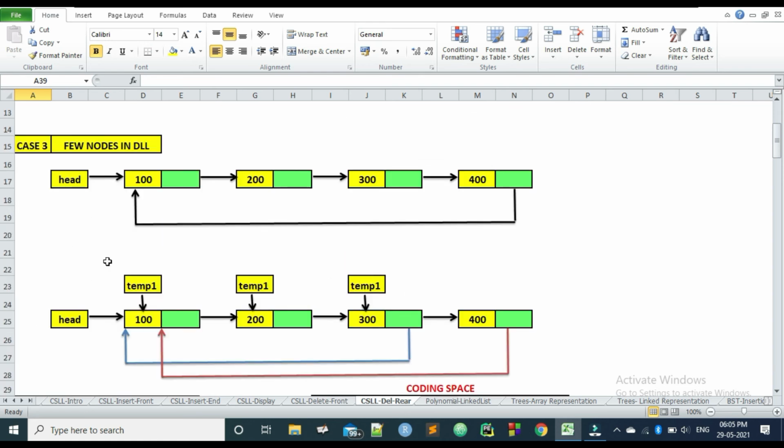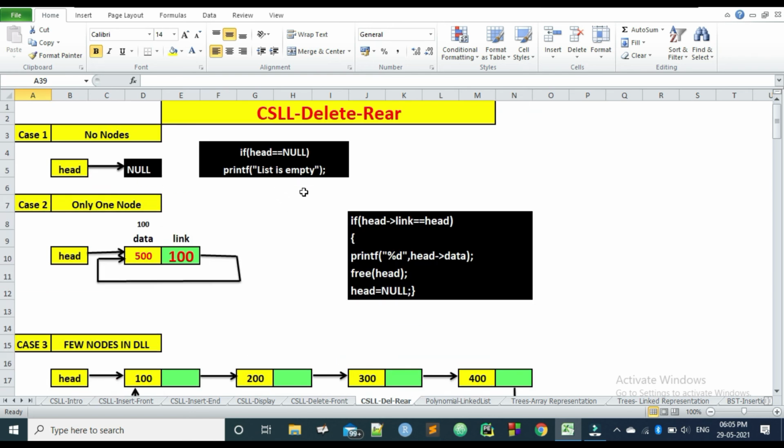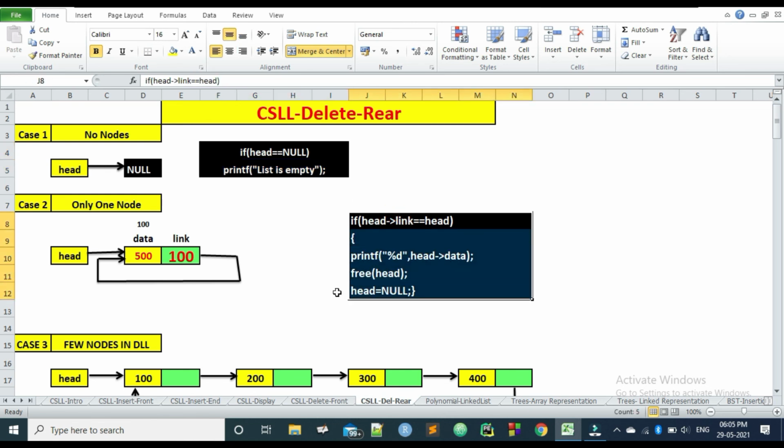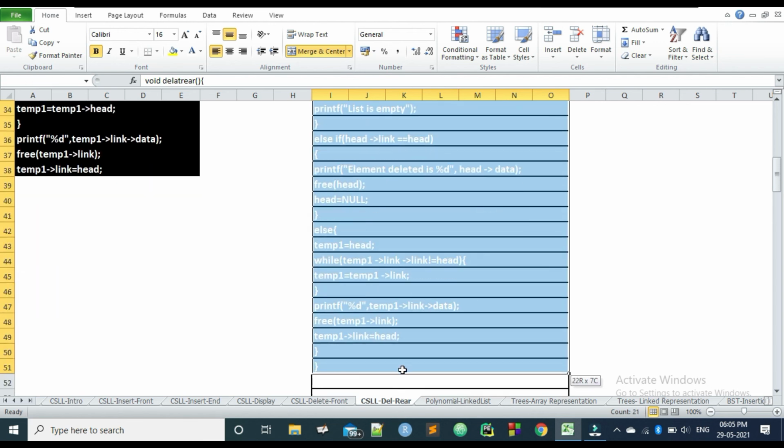With this you can complete the third case, and in this coding space I have collated all three cases. That is my first case with no node, the second case with only one node, and the third case with a couple of nodes. So let us see the entire code.